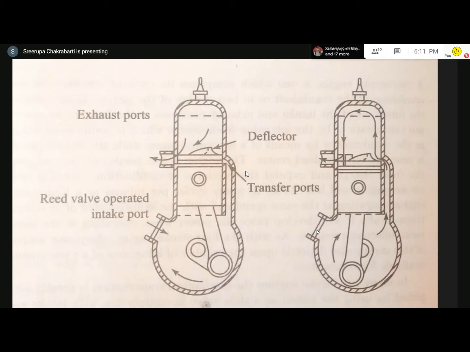And then in the last class, we considered the comparison between spark ignition and compression ignition engines, and we listed 9 points. Lastly, one more point should be there, which I omitted, but I discussed it. That is regarding application. Please note that in the last day's note, we compared spark ignition and compression ignition engines and discussed 9 points of differences. But the last point is about application.